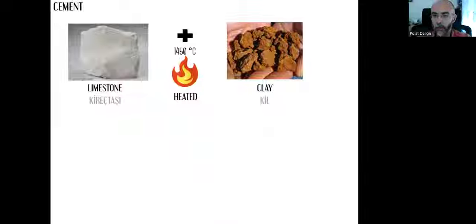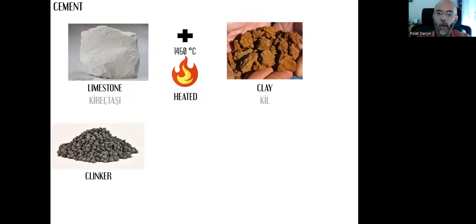We need to heat them up to 1450 degrees Celsius, and they start a kind of chemical reaction altogether,